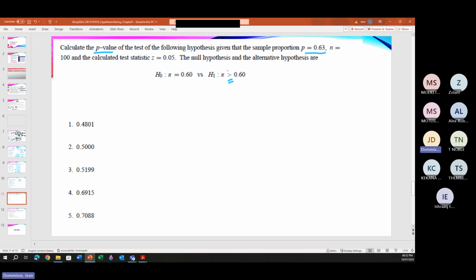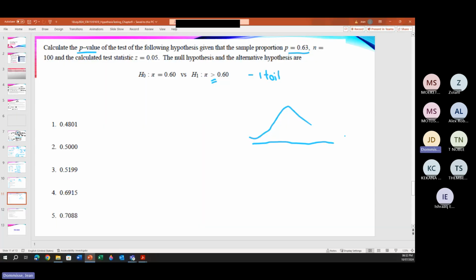Okay, so that tells me we're working with a one tail. So what we're going to work out is the Z value. Then whatever we get is going to be a one tail. So that one tail is only going to refer to that,